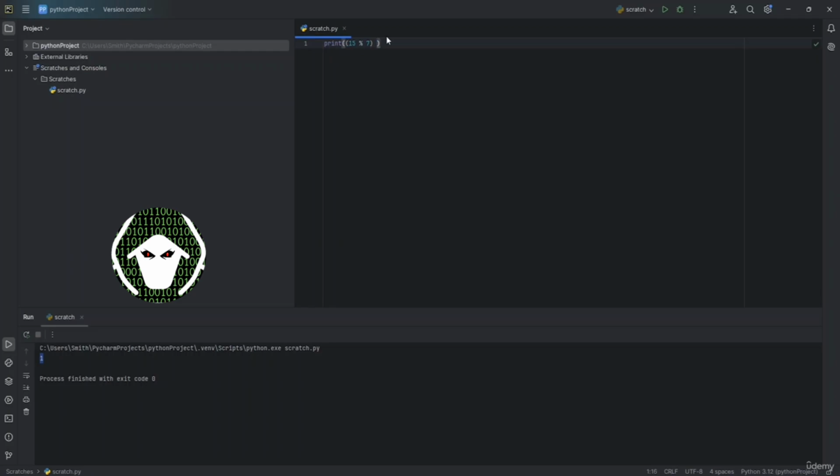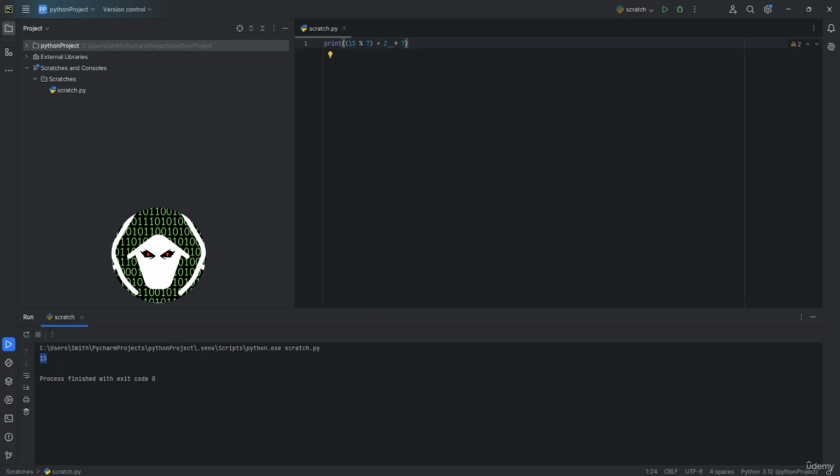Now, if I just add it up with 2, and if I play the whole thing, you can see we have 3 as the answer. Even if we want to multiply the whole thing, let's say I'm going to multiply it with 7 again. I'm going to play the whole thing, and you can see we have 15 as the answer. So now you can see how simple it is to work with these arithmetics and different types of functions